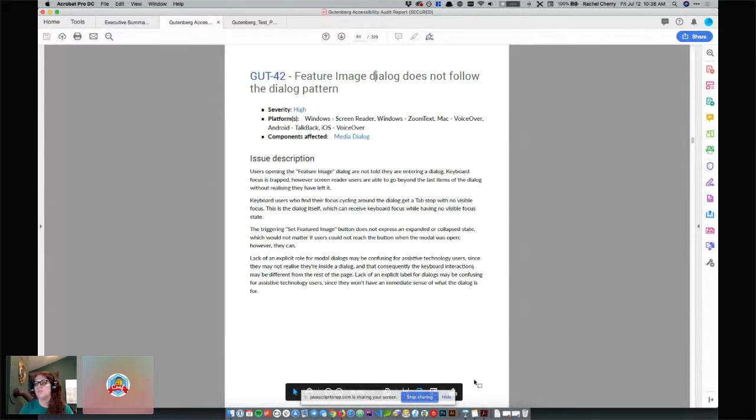The more you find, diagnose, and fix these issues, the more comfortable you will become with them, and the more you will begin to think about them as you develop, before you publish. And this will become second nature, as opposed to what happens a lot, where people will build all these things out, publish them, and then have to go back and fix them because they got an audit or they got